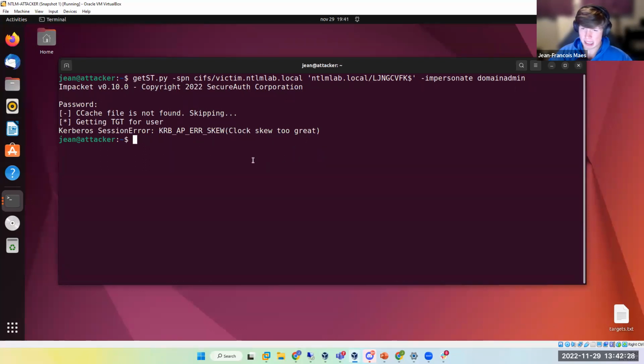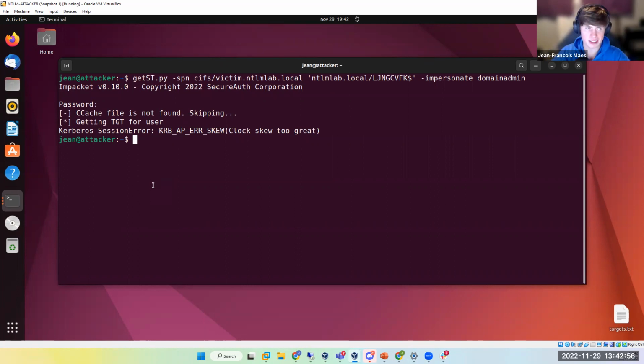Now, this typically means that your attacker machine has a different date, so your local system date and time is different than the domain controller's time. Now, this is going to conflict with the authentication of Kerberos, as there is a clock skew